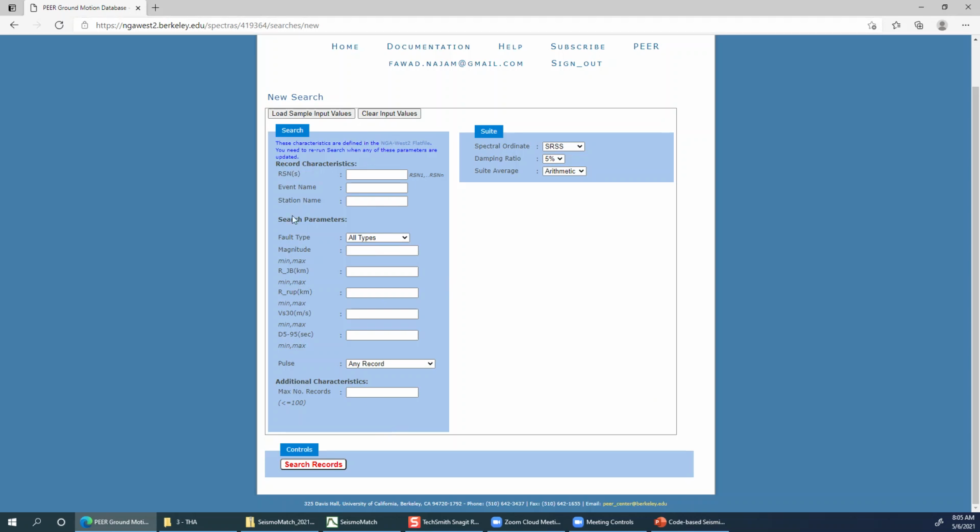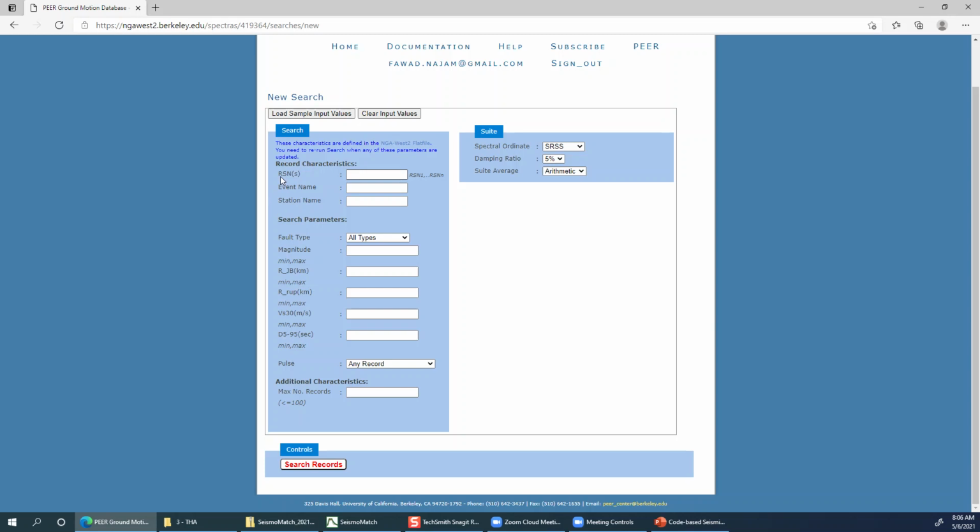If you want to search for a ground motion by event name, for example, you can give the earthquake event name, or station name, or record sequence number. This is a special number which is assigned to each particular ground motion or record. PEER has assigned an RSN number to each ground motion.